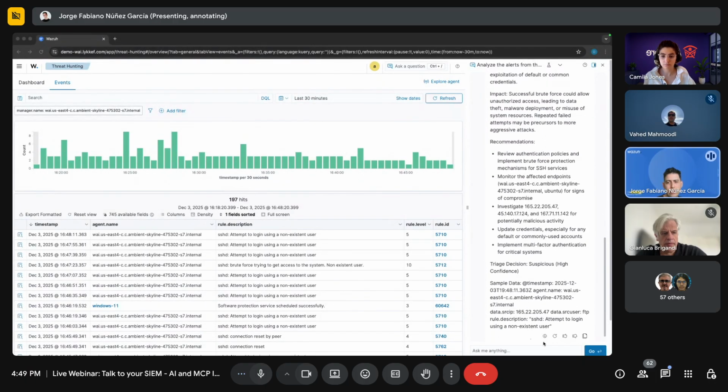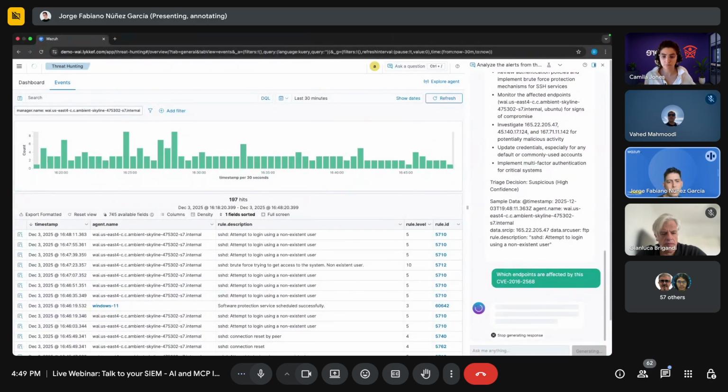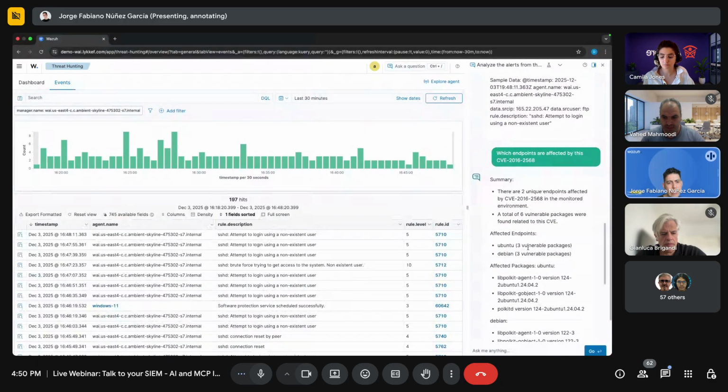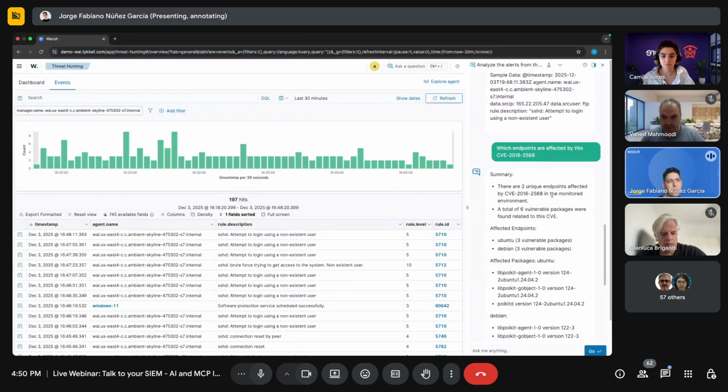And here we can also ask for information about vulnerabilities, not only alerts. For example, here is a request to provide the list of endpoints affected by a specific CVE. So the system reviews the vulnerability data and the environment to identify which systems are exposed. Well, here we have an answer, and we can see that the platform tells us that there are two